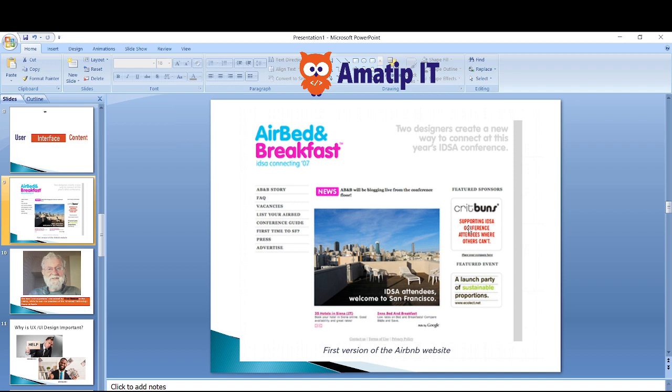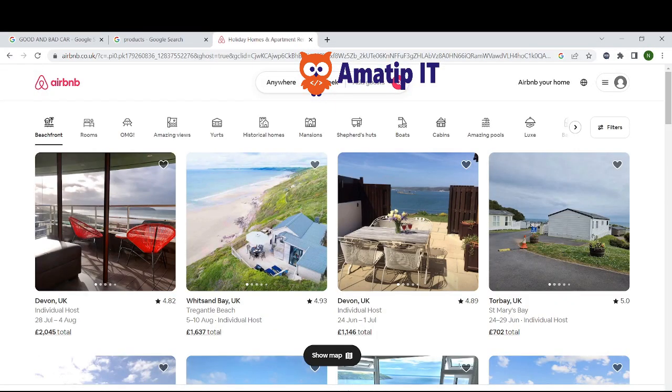They quickly employ user interface and user experience design professionals to redesign their website, and with that, this is what they have today after the redesign of their interface and their user experience,